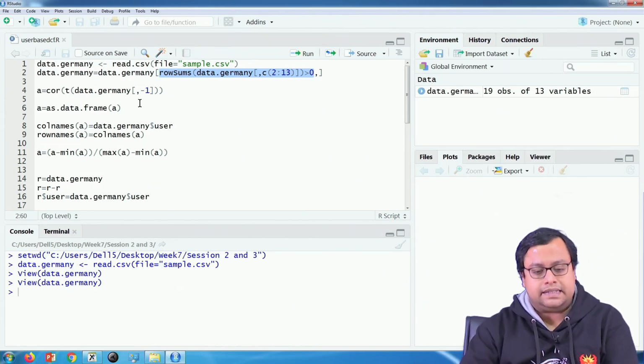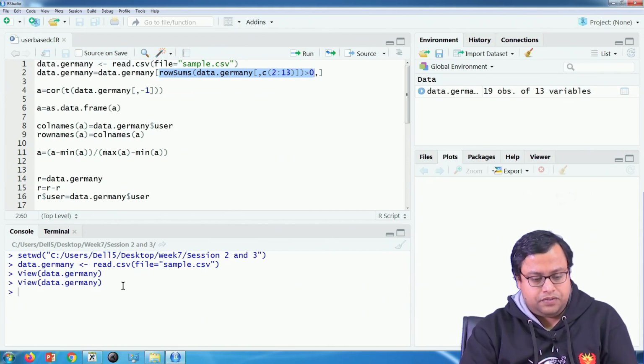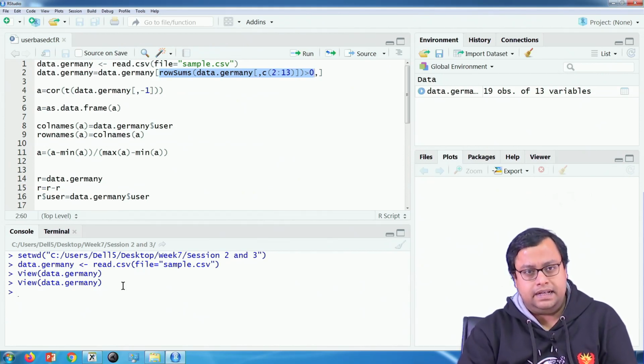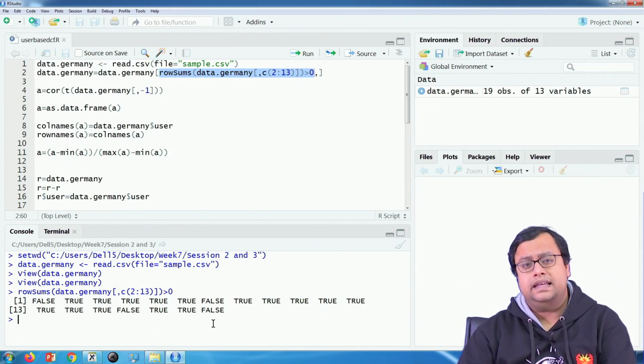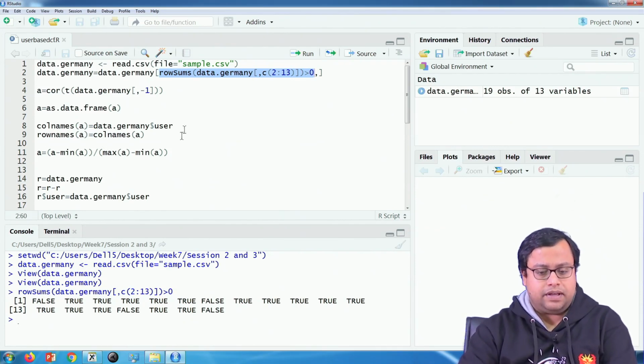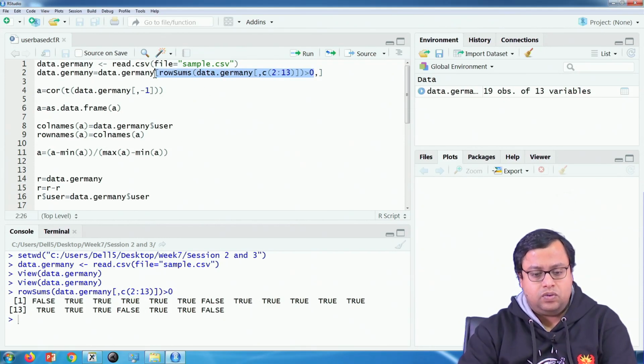So now here we are saying row sums greater than 0. If I copy the part that I have highlighted and paste it here and press enter, you see there are some entries that are false. For example, the first row, or the 13th, 14th, 15th, 16th rows. So there are some people in this data set who have not seen any movie or not listened to any music in this particular case. That means I have to drop them before I go ahead with any kind of modeling. So if they are true, then only you take those rows. See, I am doing a subsetting here.